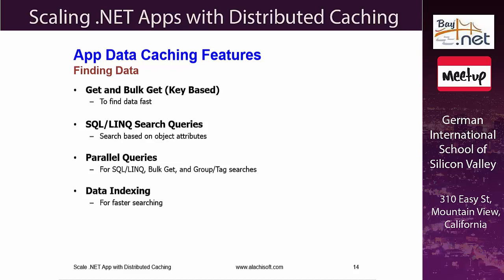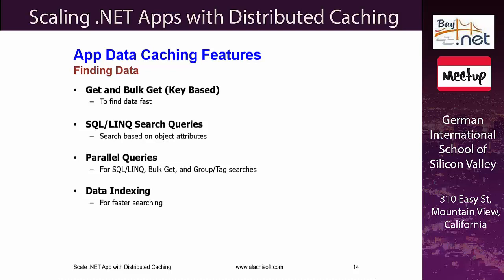Is there a way to set it, if you've got a team, to make sure that somebody doesn't go off and think that all the data is there when it's not, and start using that approach? No, actually, it's pretty much under your control. It is more of a recommendation on our part to say use the SQL searching only on that data which you know the entire data set is in the cache. But I don't have the ability to set a flag that says this isn't available, so that if somebody does try to do that. No, because again,